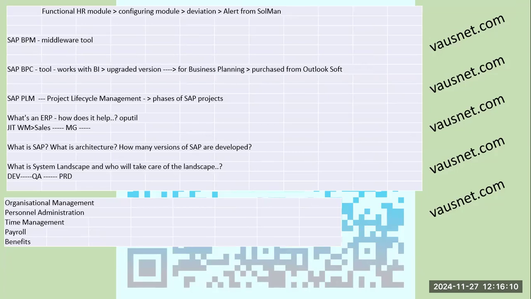Now, speaking of some of the other products, like BPC, this is for consolidation. The consolidation is part of financial accounting. Okay, PLM is product lifecycle management. Speaking of SAP, the architecture, we have had a detailed discussion on all this. Okay, and as a customer or as a consulting company, both, the system landscape is of prime and fundamental vital